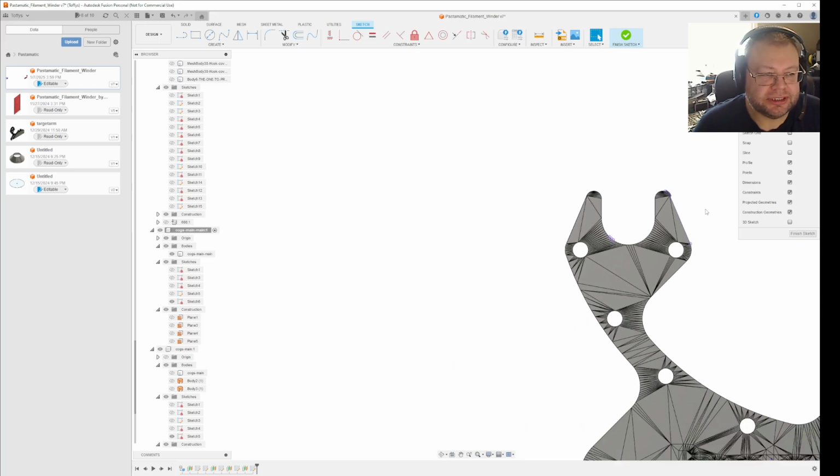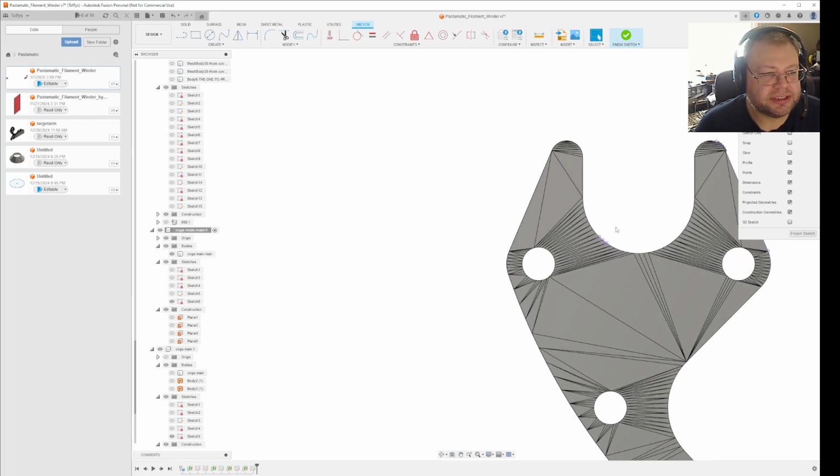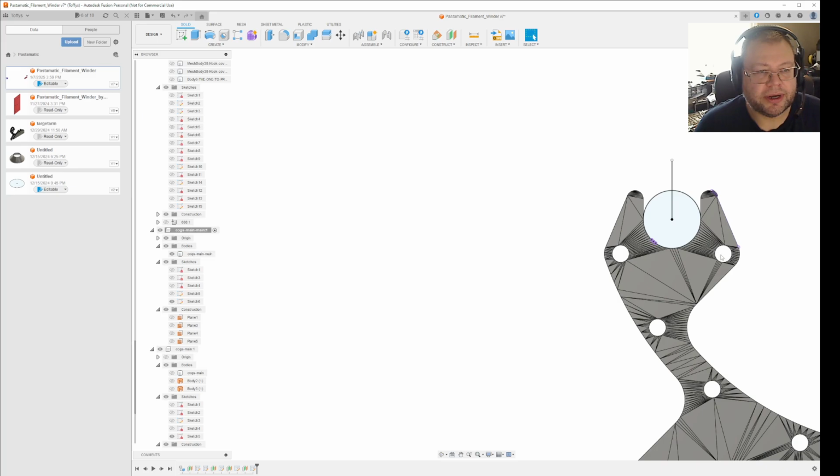In case you're wondering what the deal is, I'm gonna try and show you again. So let's make a circle here, just to show you how the plane works. I'm just gonna make a circle that is on that plane, and I'm gonna make a line. Okay, so this line is now 90 degrees, and I go out of the sketch,